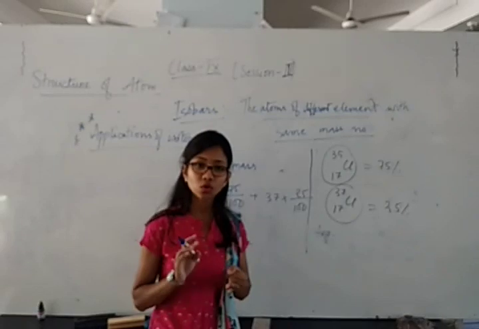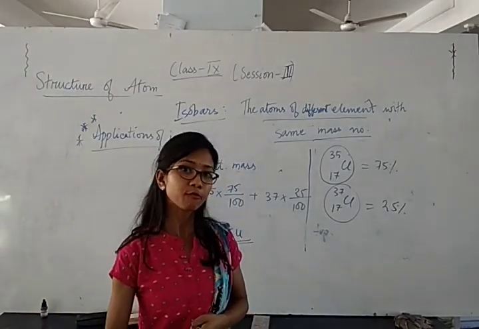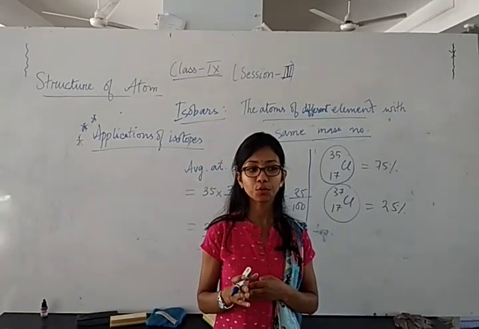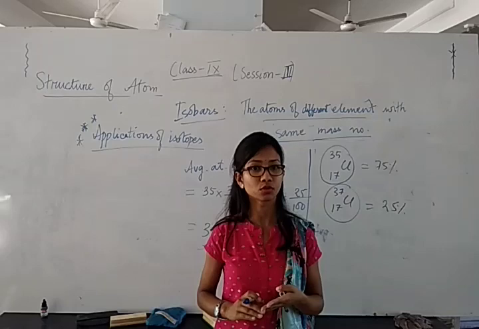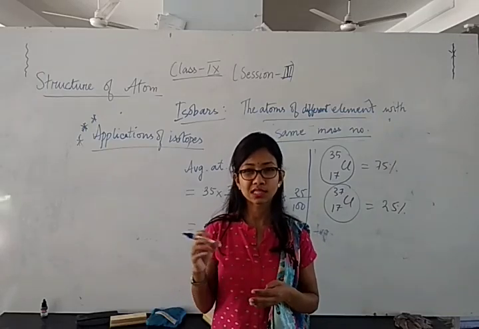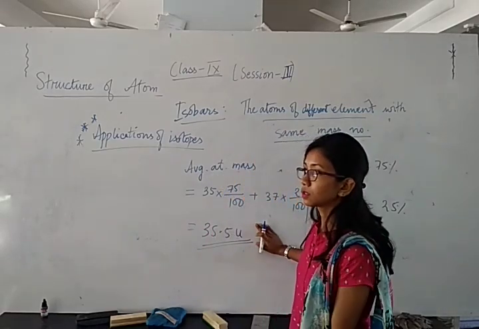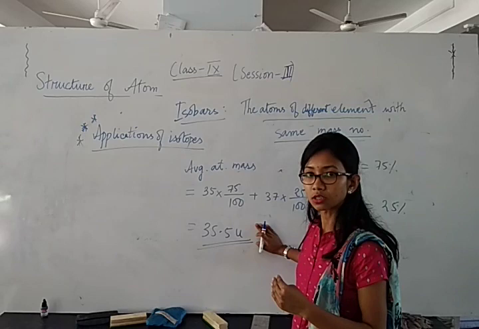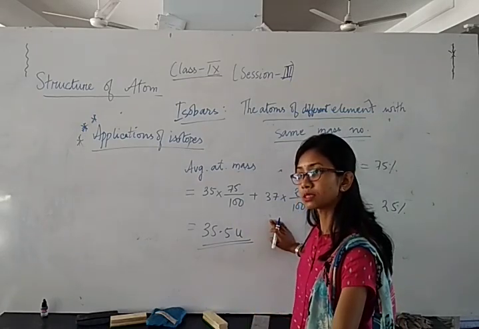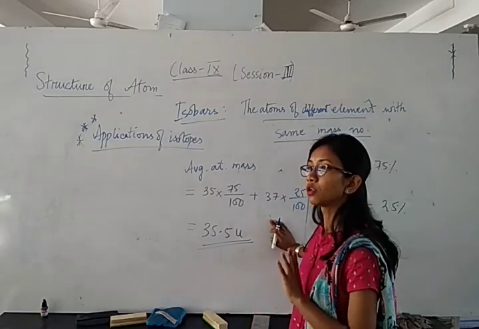For the bromine question, I will do it for you. I will provide it in a video or I will give it as a PDF. The question answers I might give you as a PDF or as a video. Since the video will be lumpy, I think I will give it as a PDF. Now, what is mass number and what is atomic mass? Atomic mass is the average of mass numbers, and the mass number is the number of protons plus the number of neutrons.